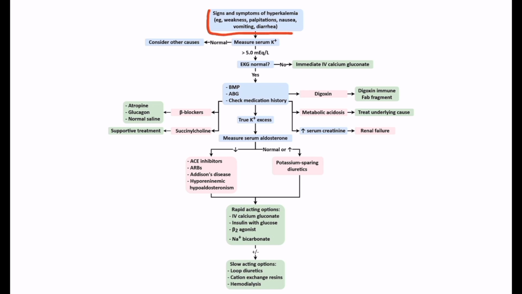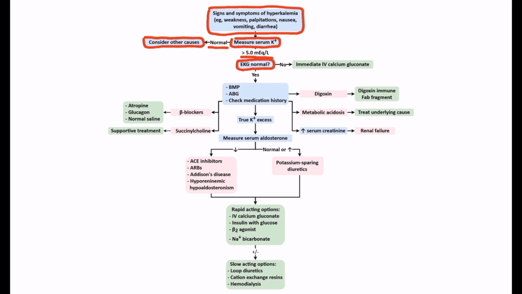When the patient presents with signs and symptoms of hyperkalemia, such as weakness, abdominal pain, vomiting, and diarrhea, we should measure serum potassium to document hyperkalemia. If serum potassium is normal, then we should check for alternative causes of the patient's signs and symptoms. If serum potassium is more than 5, then we should order electrocardiography to look for the changes characteristic of hyperkalemia